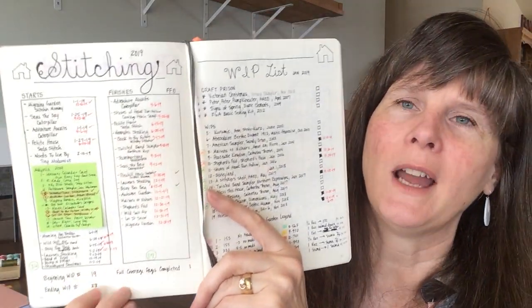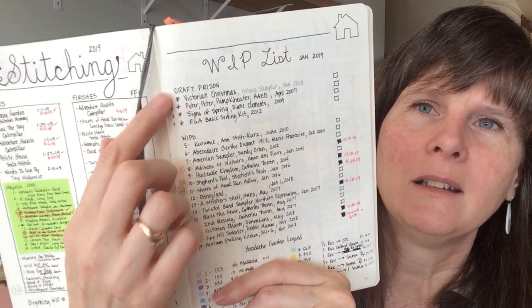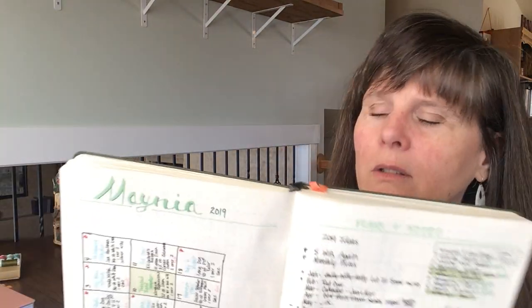So this was all that I tracked in 2019. And then over here, at the beginning of the year, I made a list of all of the WIPs that I was starting the year with. That was what was on this page. And then the only other page I had in this journal